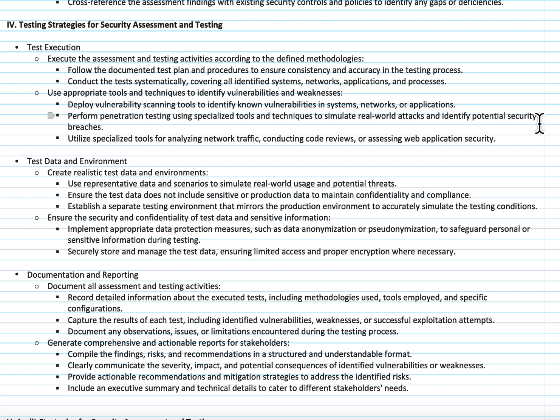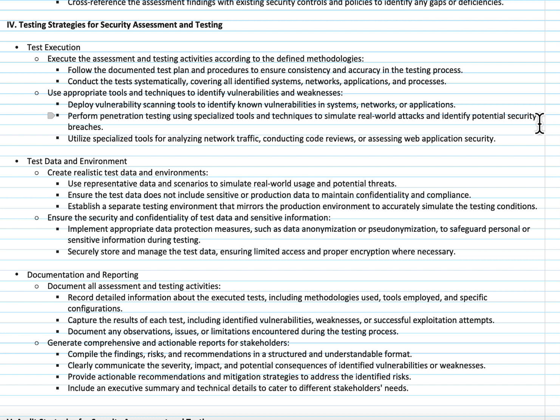You've identified all the systems, the networks, and the applications that are associated with it. One thing to also consider are the processes. When you deal with AWS or cloud type environments, there are lots of processes running. In the past, processes were being run by a computer, but now they're being run by code. So if you are going to assess a system, especially a cloud system, you need to understand all of the processes that are running in that environment.